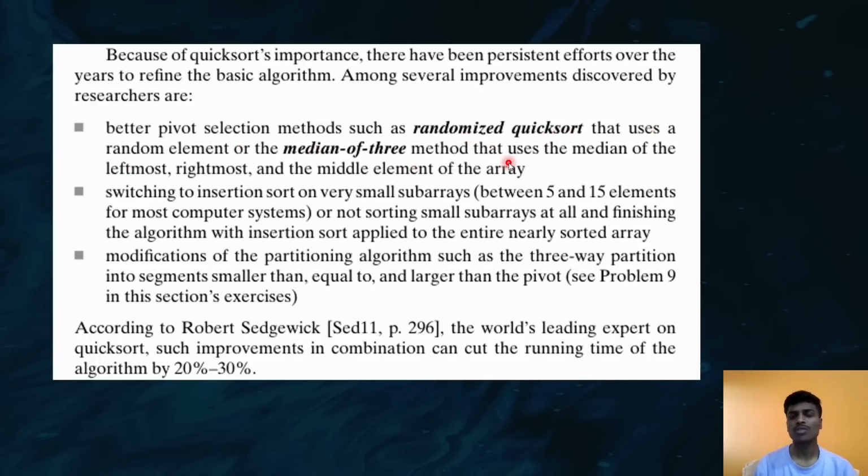Better pivot selection methods include randomized quicksort, which uses a random element, or the median of 3 method, which uses the median of the leftmost, rightmost and middle elements of the array. Other improvements are switching to insertion sort on very small subarrays of between 5 and 15 elements, and modifying the partitioning algorithm, such as 3-way partitioning into segments smaller than, equal to and larger than the pivot. According to Robert Sedgewick, the author of this book and the world's leading expert on quicksort, such improvements in combination can cut the running time of the algorithm by 20%